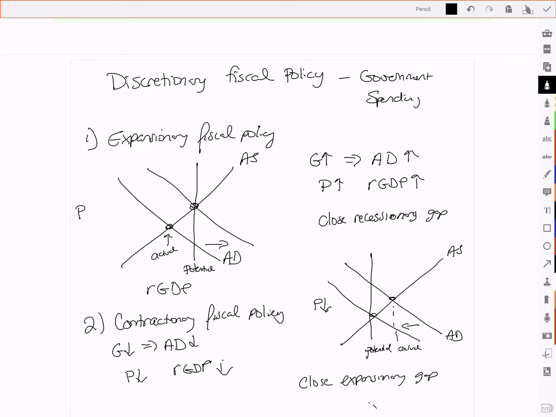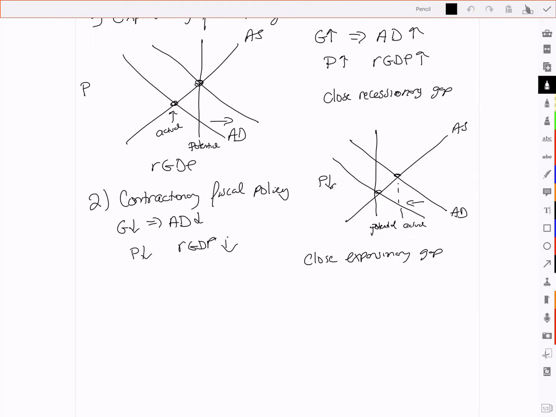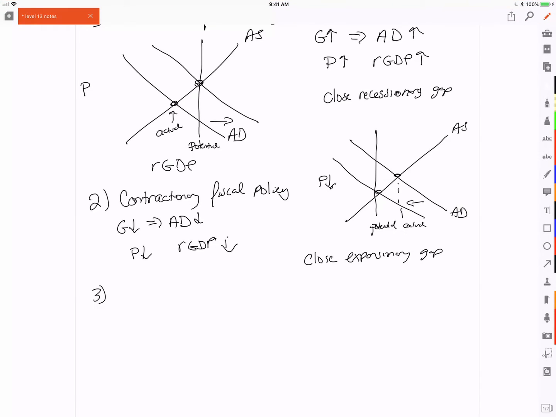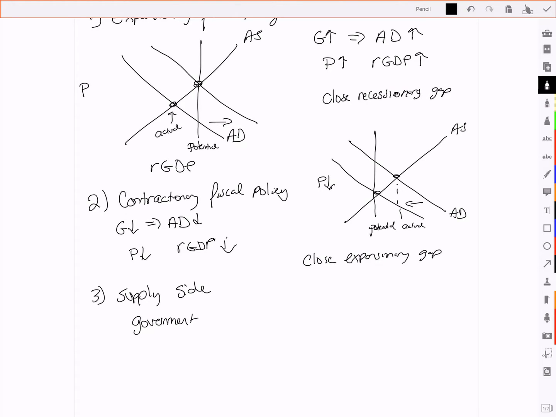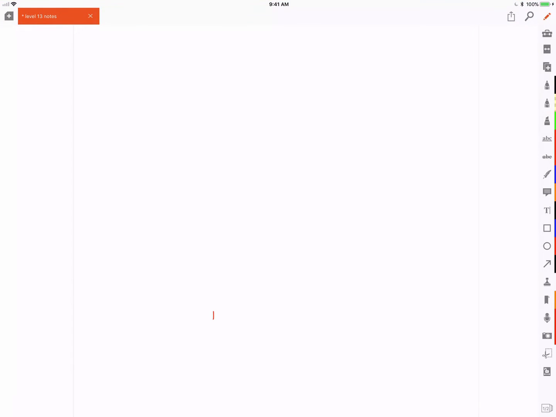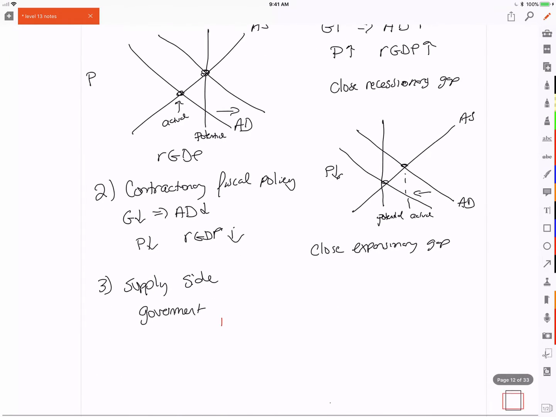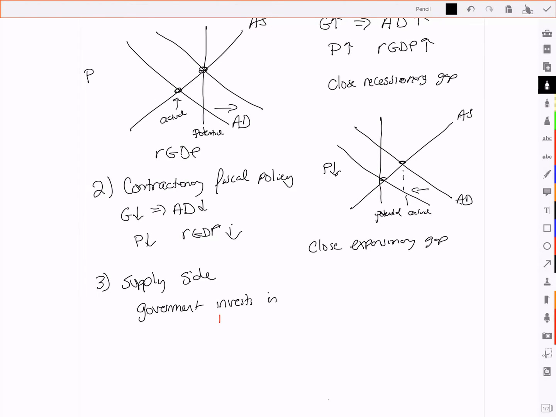All right, so when it comes to discretionary fiscal policy, we can use expansionary fiscal policy to close a recessionary gap. We can use contractionary fiscal policy to close an expansionary gap, or we can use the supply side approach to fiscal policy. So let's look at what that would look like. So the supply side approach to fiscal policy has the government spending, but in this case, it's what the government is spending money on. So if the government invests in infrastructure, in capital goods, and education,